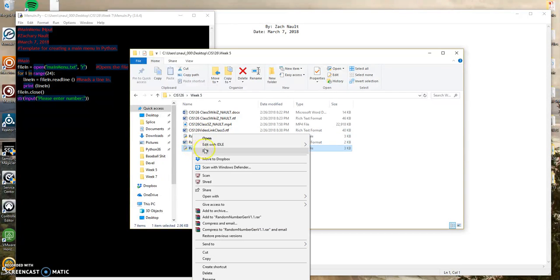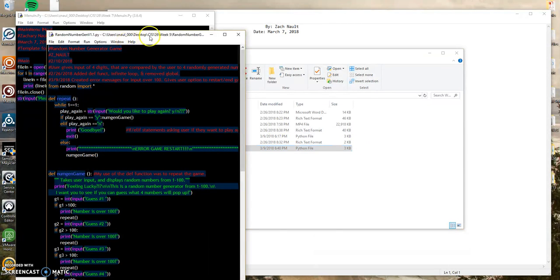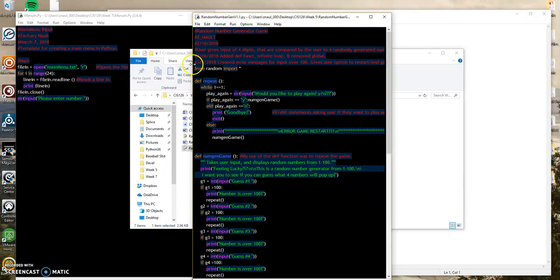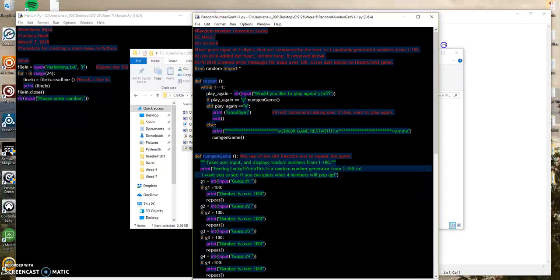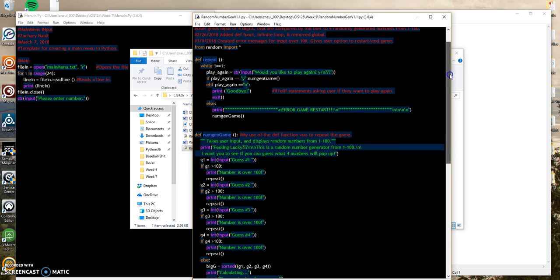And I actually made another one. I've got to get better with my organization. But I made version 1 and version 2. Well, not 1 and 2, but this is the original, and this is where I'm at right now. And I've started adding comments every time I modify it. So there's the start date and all that, and then I added the infinite and remove global. That was a couple of weeks ago in one of my videos. And then just the other day I created my messages for input over 100, and